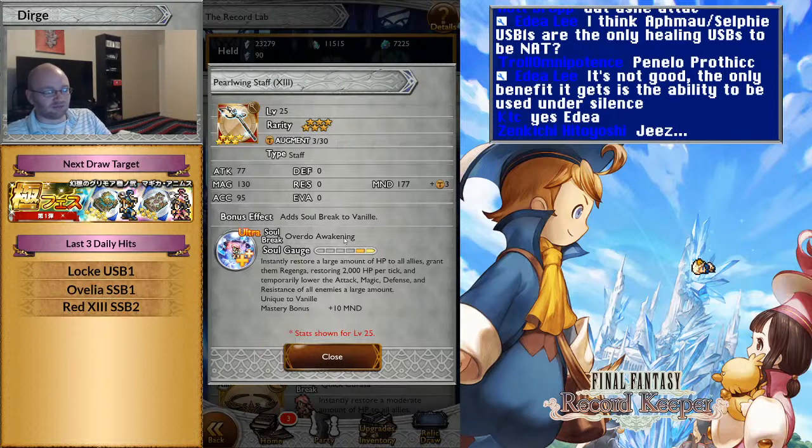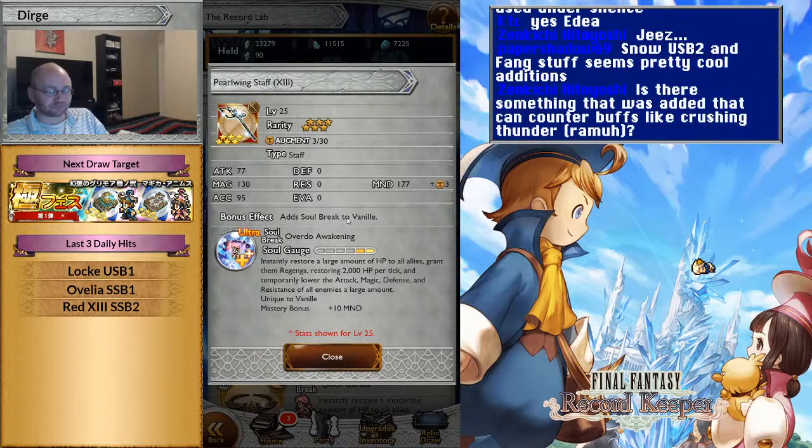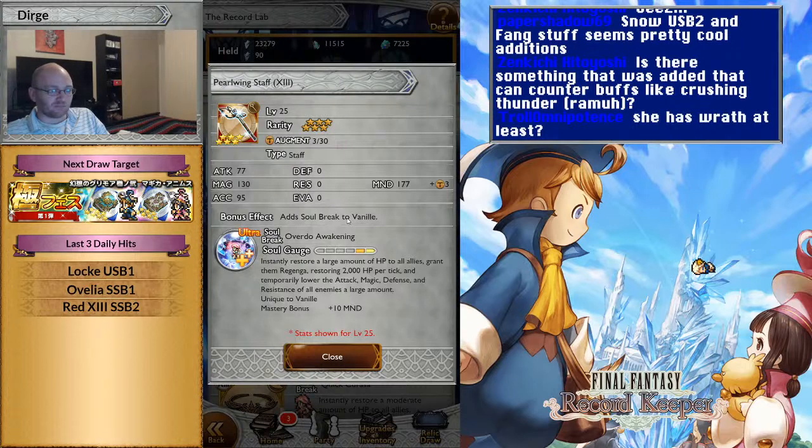Vanille is actually kind of disappointing to me. She has an amazing awakening, but doesn't really have good soul breaks to combo with it. Because you can only use awakenings once, and that's why healer awakenings are so damn important. Or healer USBs, because they need something to cast, you know? Repeatedly. She does have Wrath, but